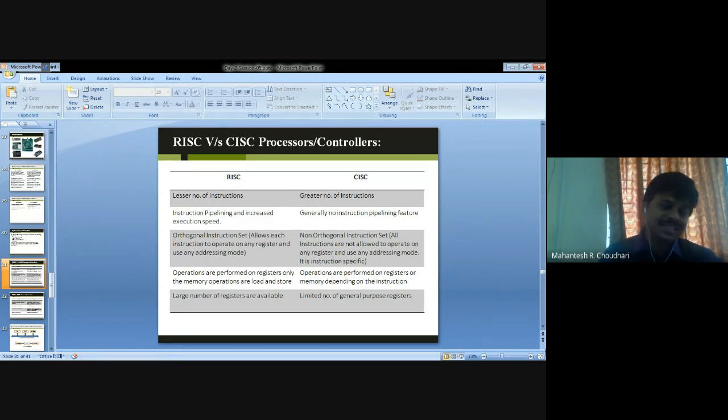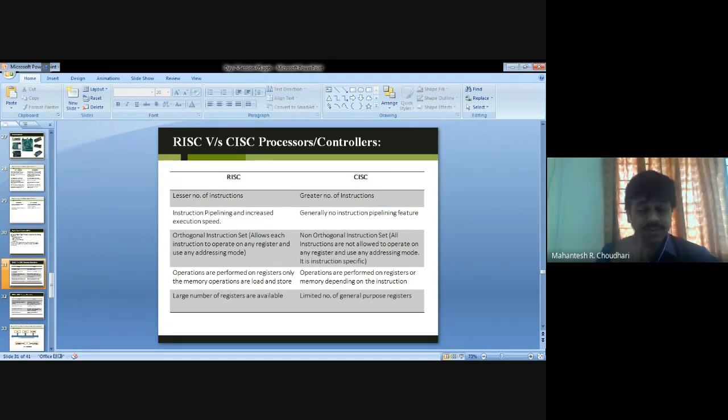RISC has an orthogonal instruction set, which allows each instruction to operate on any register and use any addressing mode. CISC has a non-orthogonal instruction set, where not all instructions are allowed to operate on any register and use any addressing mode.